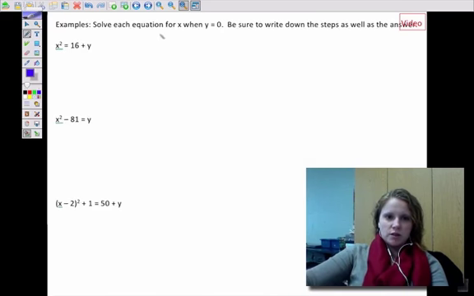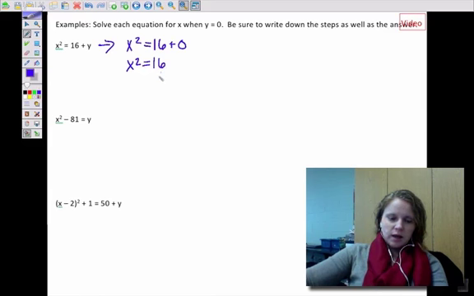We're asked to solve each equation for x when y is 0. So basically we're finding the roots of each of these parabolas, and we know they're parabolas because they have a leading coefficient with x squared. Our highest exponent is x squared. All x squared equations will give us a parabola. So if I plug 0 into this equation here, we have x squared equals 16 plus 0. So that's x squared